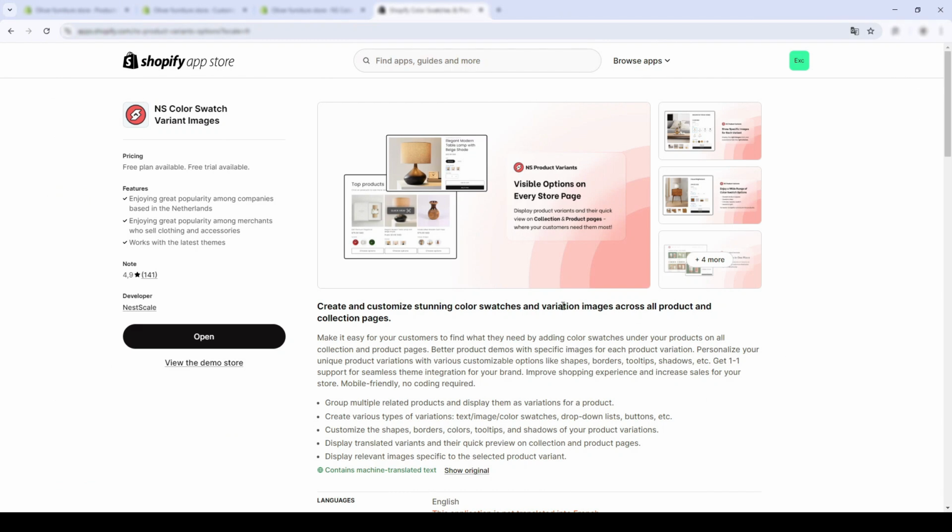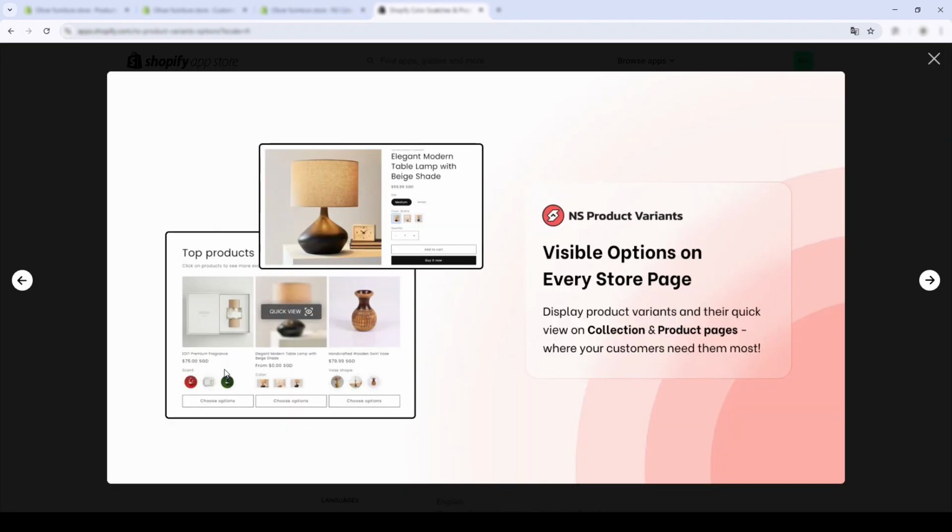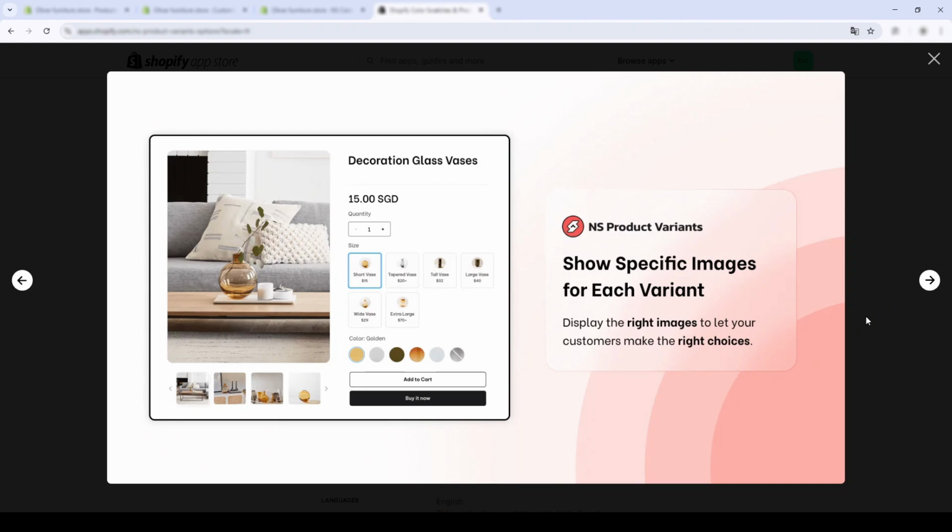Then I recommend using an app called NestScale Color Swatch Variant Images. This app is free to use and makes it very easy to add color swatches. Here is the app on the Shopify App Store, and as you can see, you can add color swatches, show specific images,